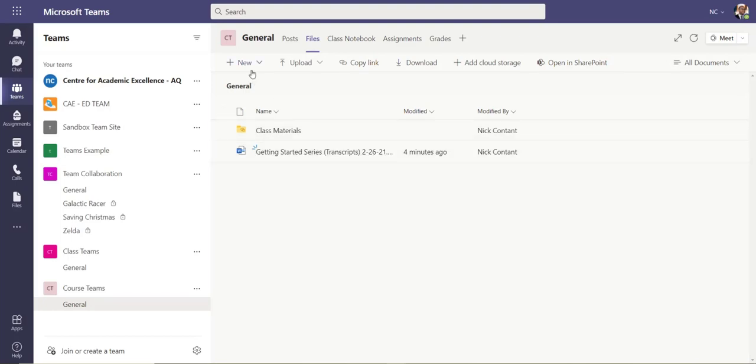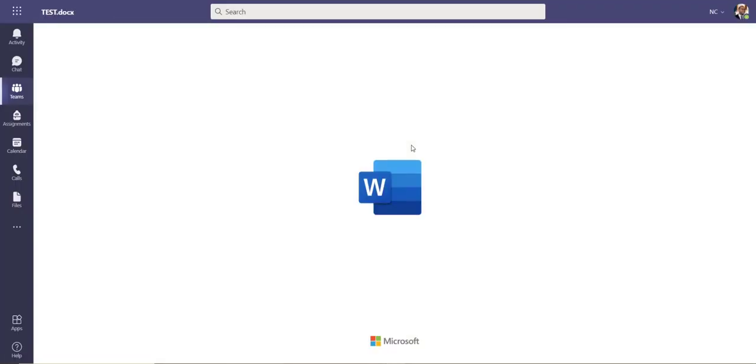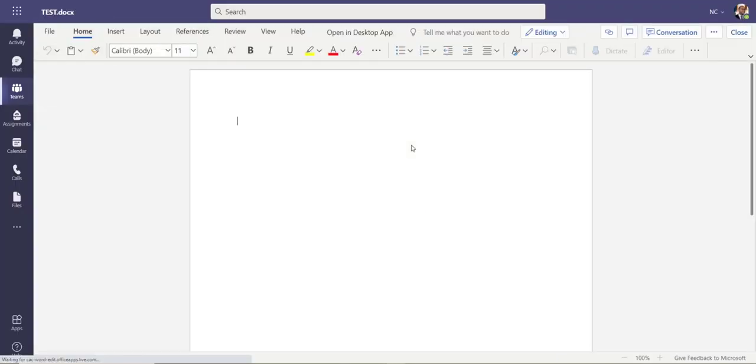We look at the tabs across the top. We can see we can add new folders or different Word documents. Selecting any one will allow you to give a name, and it opens immediately from within the Teams interface. From here, we'll be able to see